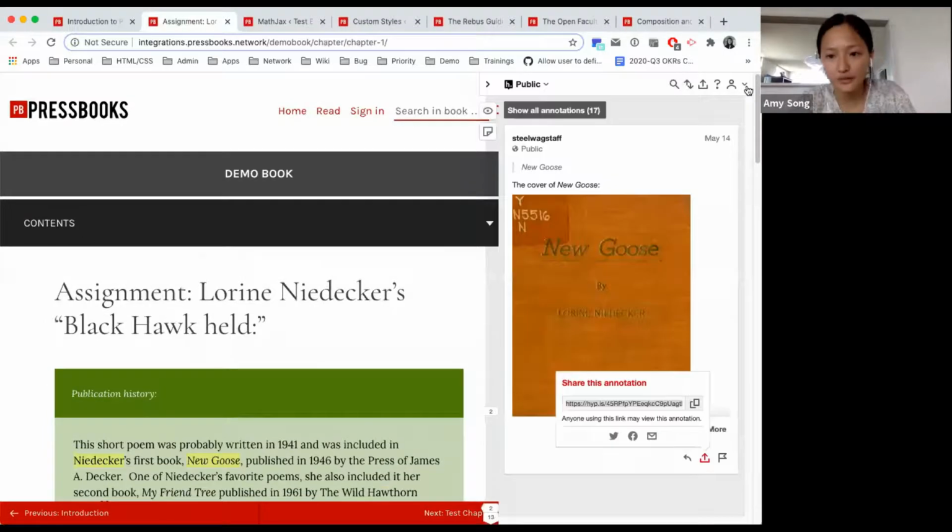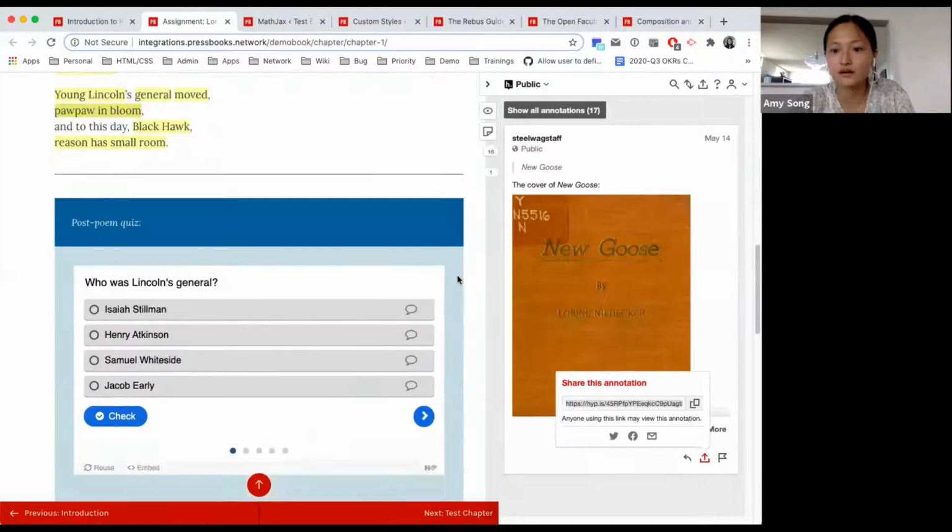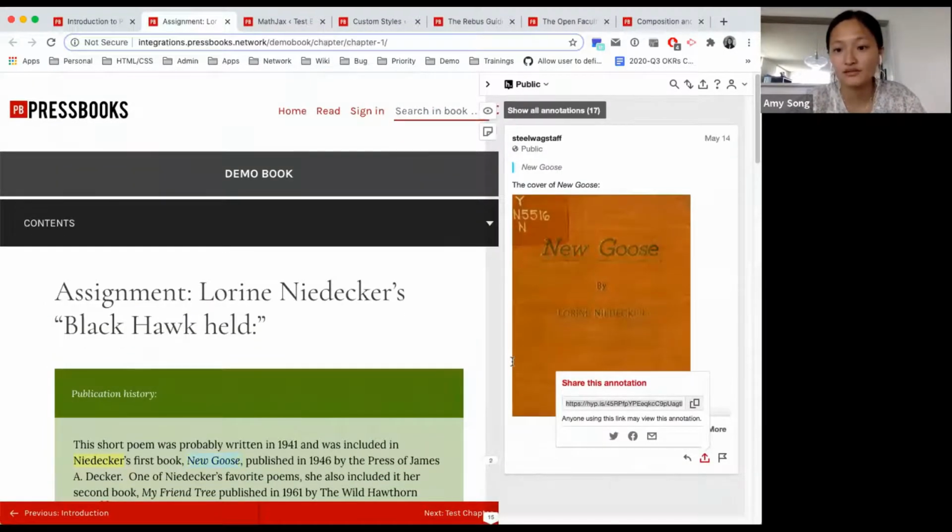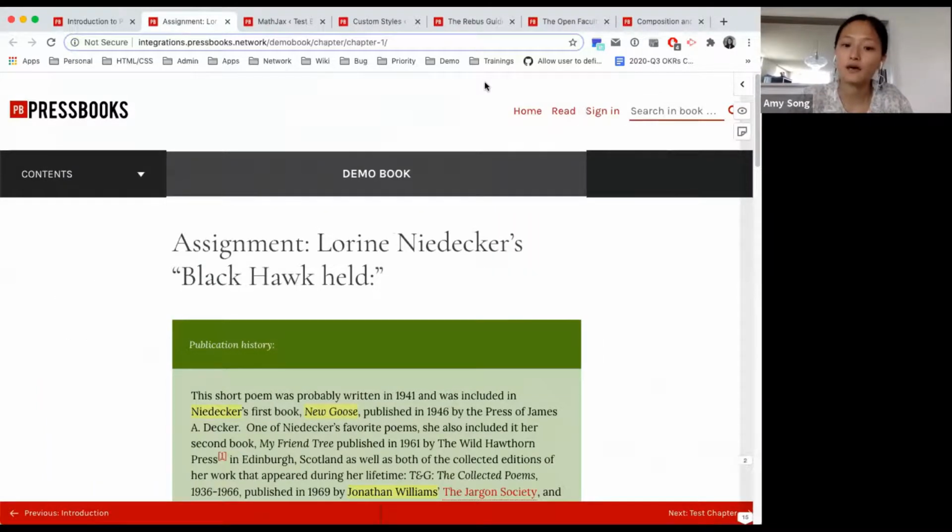So I wanted to show you Hypothesis really briefly because a lot of instructors like to use this for a variety of different reasons. Because with Pressbooks, in creating the book, we get a lot of questions as to whether or not you can make comments referring to specific text or make edits to the book. And the answer is no. It doesn't serve like a Google Doc or a Word file, but